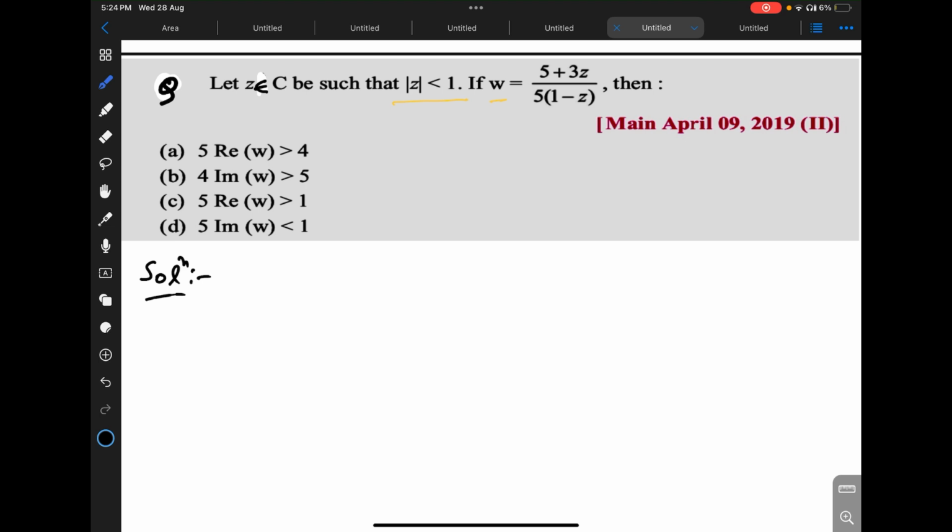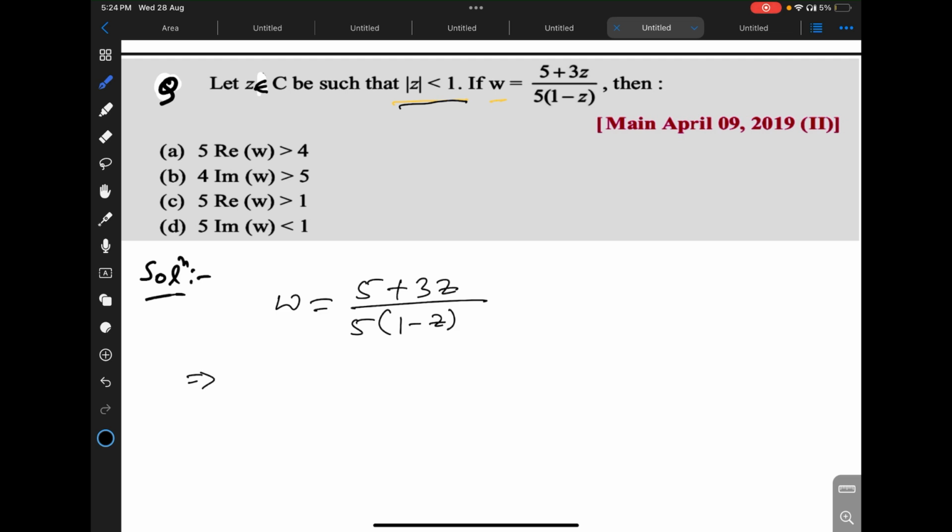Just before going to solve this problem, we'll look at this: we have to use the condition that modulus of z is less than 1. So from the structure of omega, we have to eliminate z. Okay, so just write the form of omega, (5 + 3z) / (5(1 - z)),